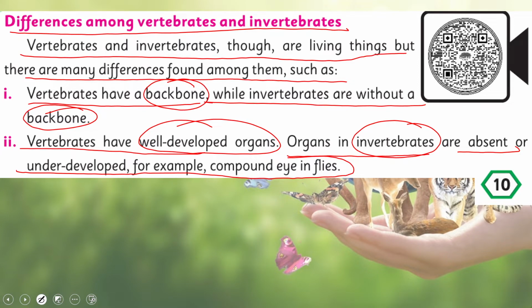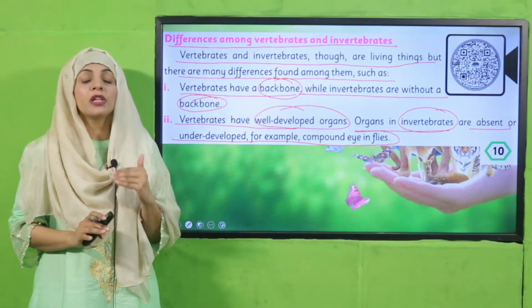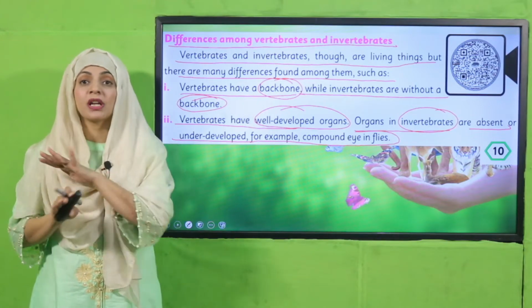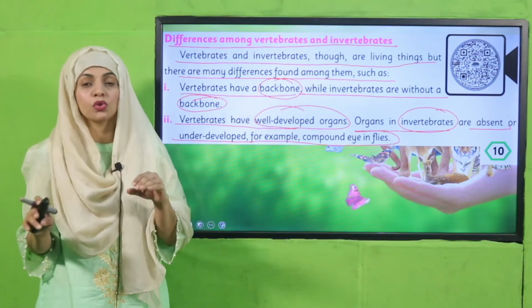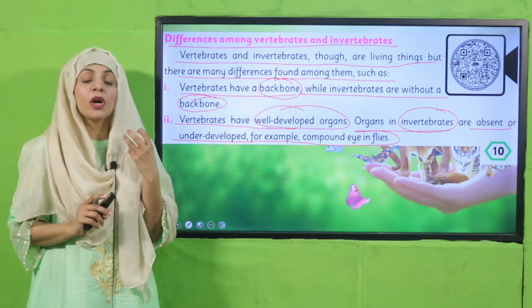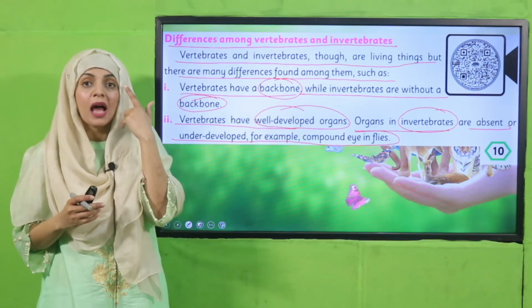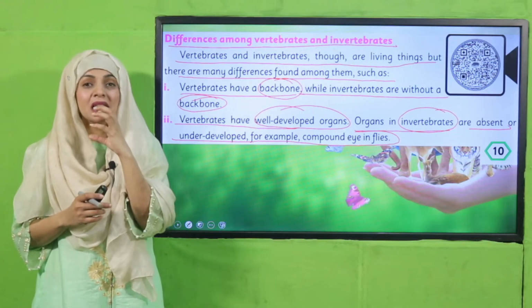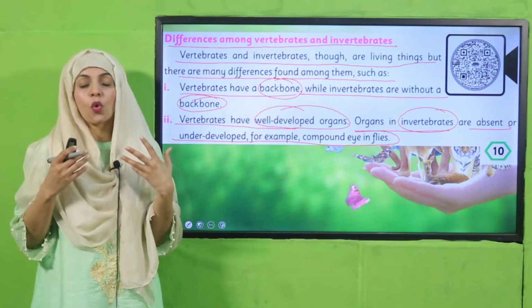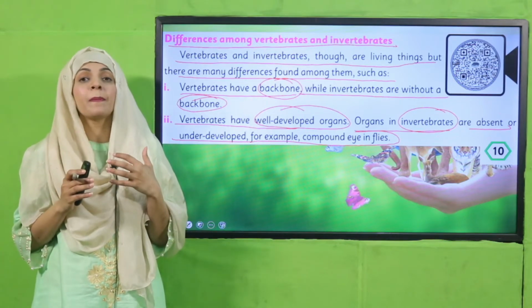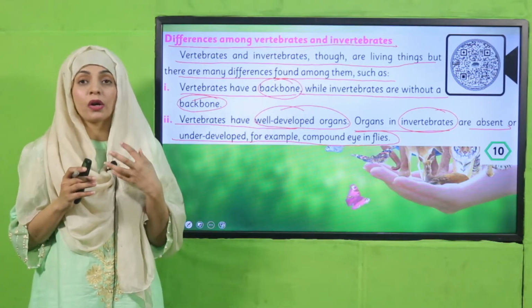So my dear students, let's first discuss these two differences. The first difference is that vertebrates are with the bones, with the backbone, whereas the invertebrates have no backbone, no bones. Next is that vertebrates have properly developed organs like nose, eyes, mouth, teeth, and similarly hands and legs and feet, whereas in invertebrates